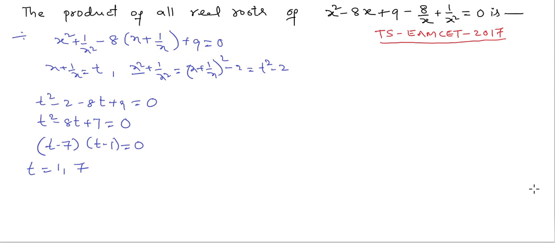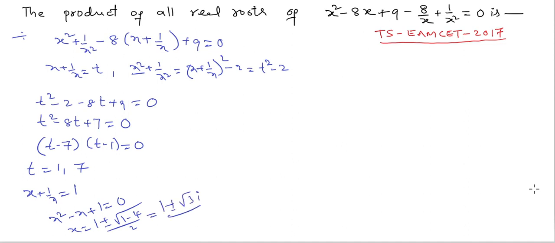If t is equal to 1, that is x plus 1 by x is equal to 1. x square minus x plus 1 is equal to 0. Values of x are minus b plus or minus root of b square minus 4ac by 2a, that is 1 plus or minus root 3i by 2. These are imaginary roots. Let us take t is equal to 7,